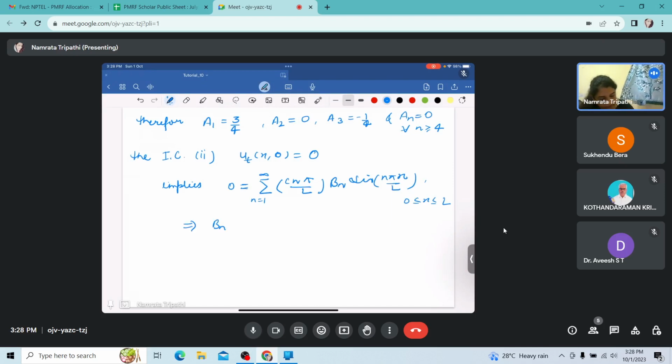So from here we can say bn is 0 for all n greater than or equal to 1. So the required solution,